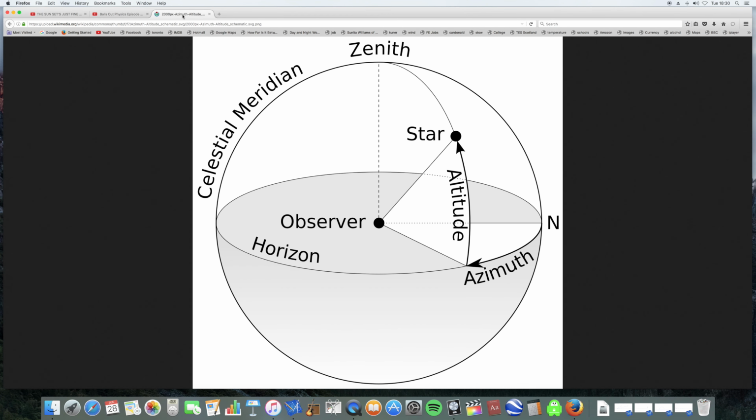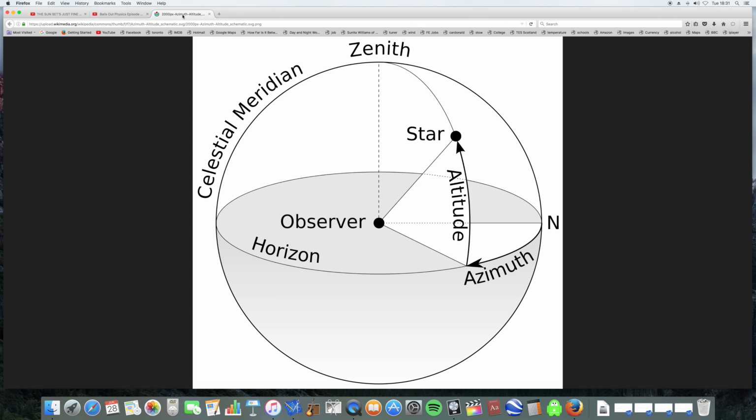I want to start with this diagram here. So, let's think about perspective. What's going on with perspective? Well, we live in a three-dimensional space. So we have objects distributed in the three-dimensional space around us. But an observer is just a point in that three-dimensional space. So everything is being viewed from a point in space to all the other objects distributed in the three-dimensional space around the observer.